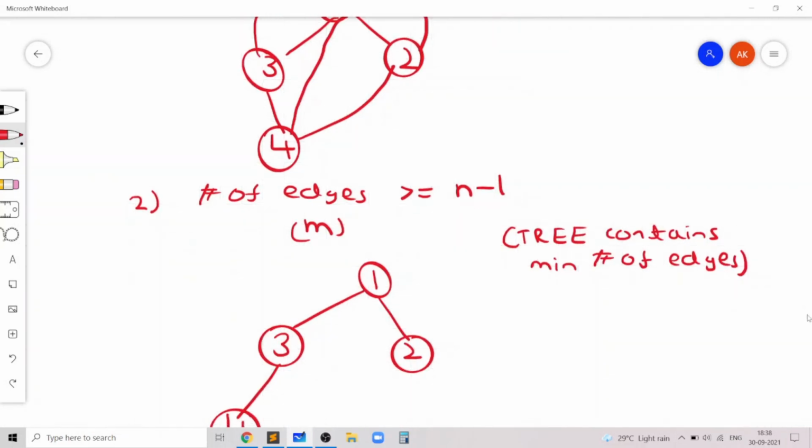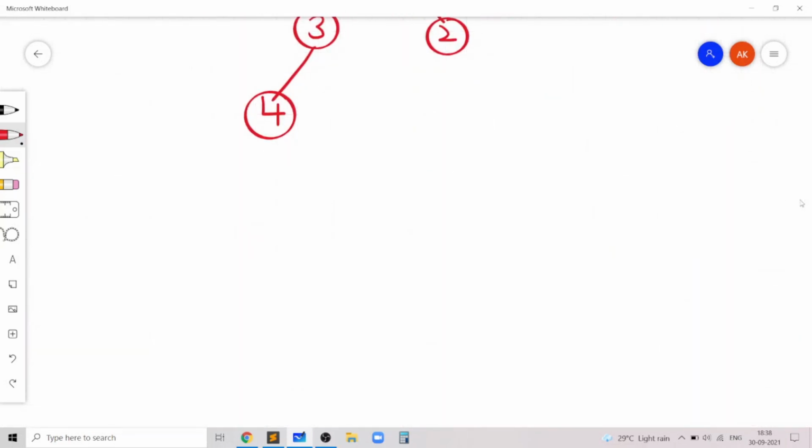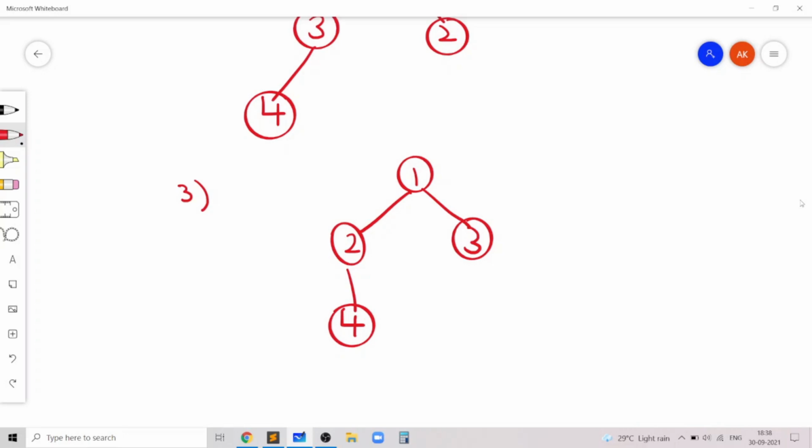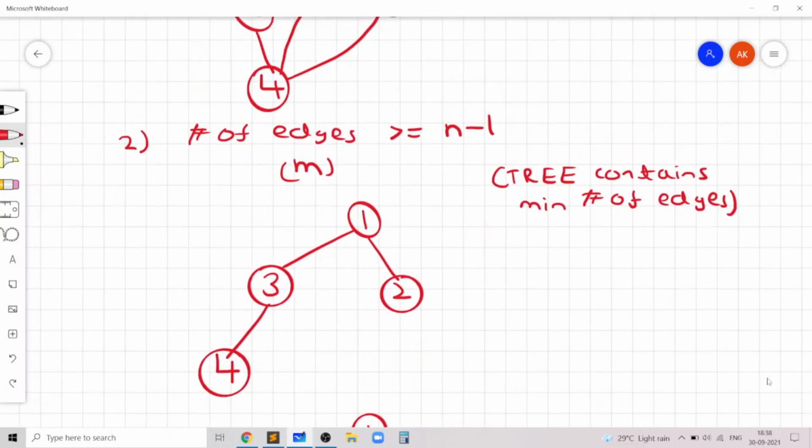If you know the diameter of a tree, you'll know that the diameter of a tree is the maximum distance between any two nodes in the tree. The same idea applies to a graph. So the diameter of a graph is going to be the maximum distance between any two nodes in the graph. So let's say that this is the graph with 4 nodes and 3 edges. Then the diameter is 3, which is basically the distance between 4 and 3. And if you join 4 and 3, then the diameter is actually just 2, which is the distance between 4 and 1 in either direction. And hence we want to basically check if the diameter can be less than or equal to k.